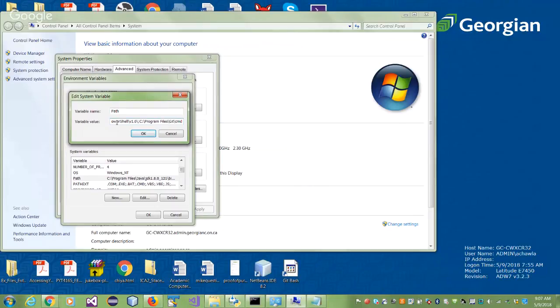If you go at the end, put a semicolon and then copy that directory. And the directory is C:\Python34. That's the usual default. You will notice this directory on your C drive after you have installed it. Add this to your path variable either in the beginning or the end or anywhere in between, as long as you put a semicolon between the two.